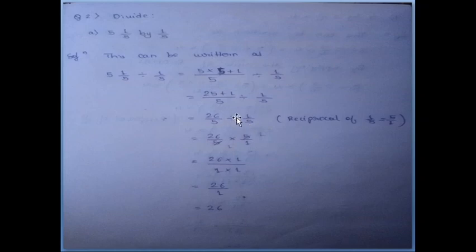So now here it is given the division. We have to convert this division in the form of multiplication. So for that we will take the reciprocal of the second number, that is 1 by 5, and the reciprocal of 1 by 5 is 5 by 1. Then 26 by 5 into 5 by 1. So here cancellation is possible because here given 5 which are divisible with 5. So 5 into 1 is 5 and 5 into 1 is 5. So we are left with 26 by 1 into 1 by 1. So now we can perform the multiplication of numerator and denominator. So that is 26 into 1 divided by 1 into 1, which is equals to 26 divided by 1, which is equals to 26.